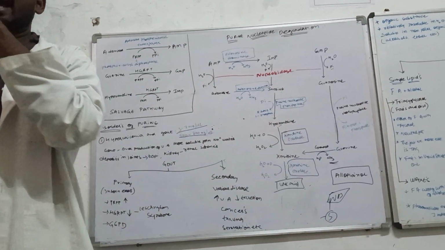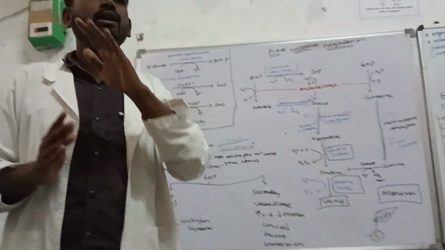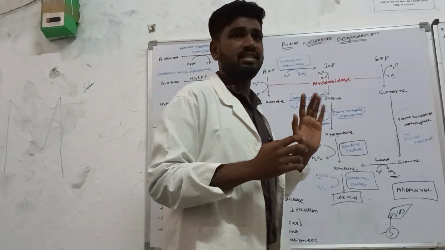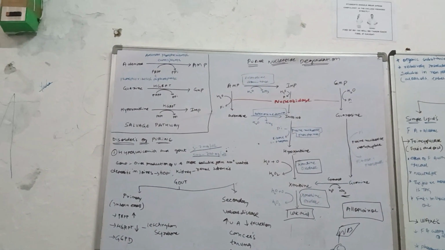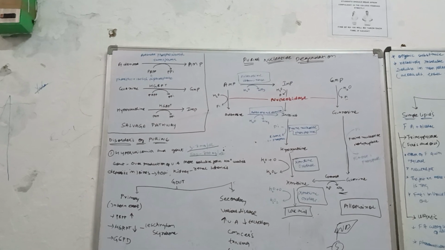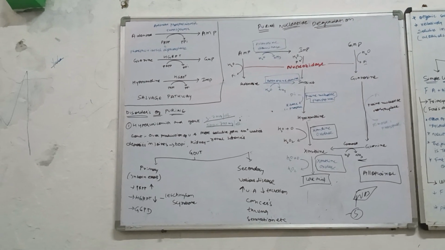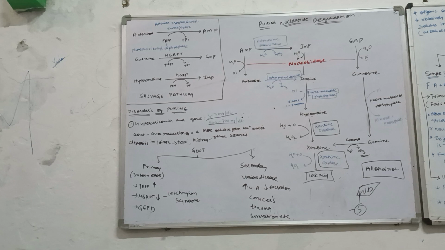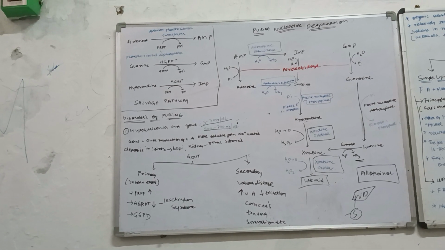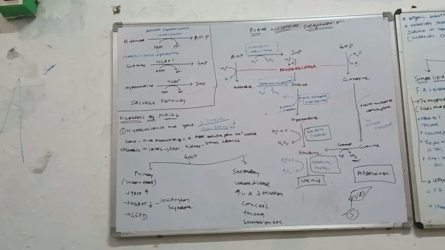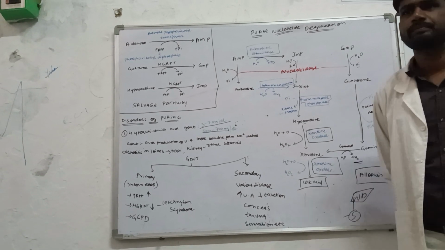Otherwise, if your mechanism is perfectly normal, then you are not going to suffer from any kind of disease regarding the metabolic disorders. ठीक है? Now, the normal uric acid level is about 3 to 7 milligrams per deciliter in blood and 500 to 700 milligrams per deciliter in urine. Excretion is happening through the urine, isn't it?